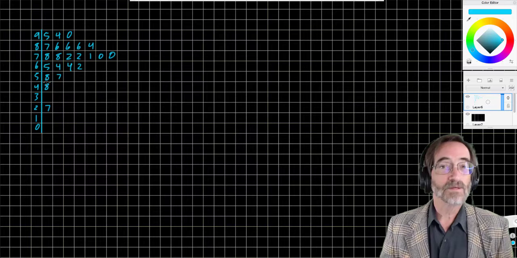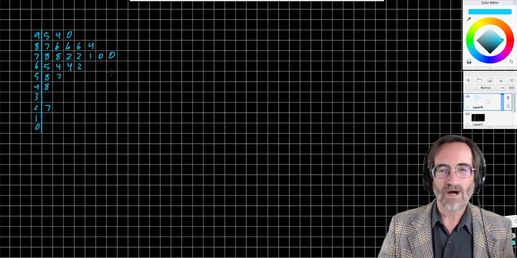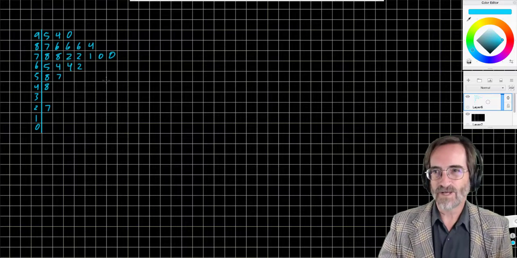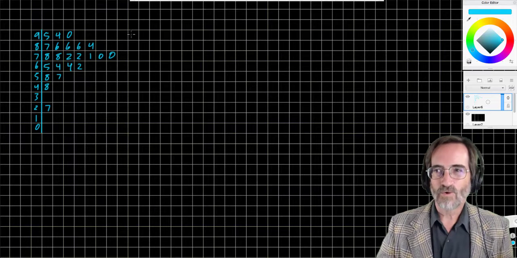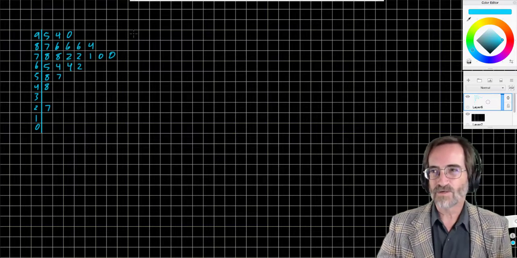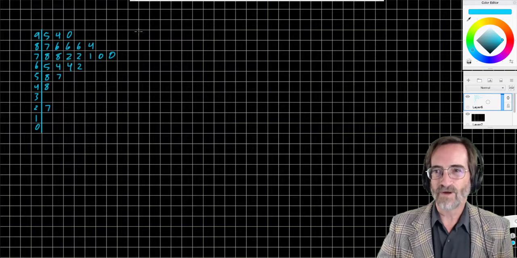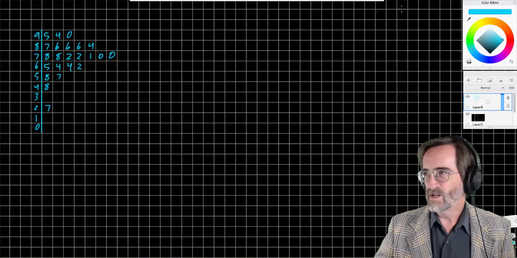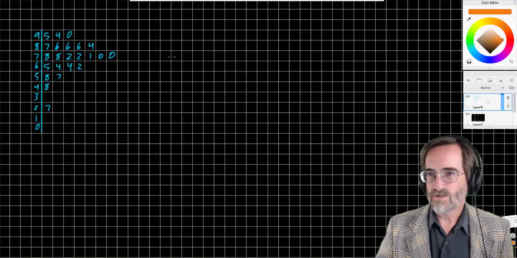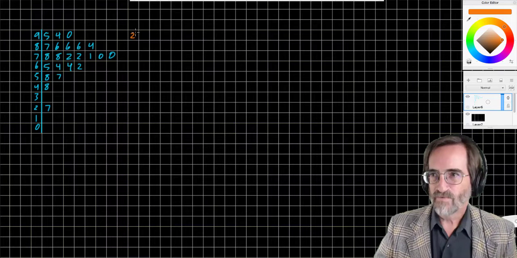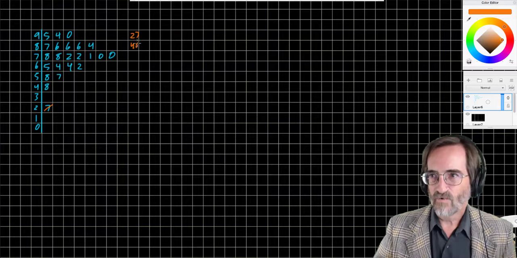But we're going to turn this into a box and whisker plot. Here's how to do that. Your first task is to write the numbers in order. You can do that in decreasing order or increasing order. It really doesn't matter. Let's do it in increasing order. So 27. I'm just going to tick them off as I go. 48, 57, 58,